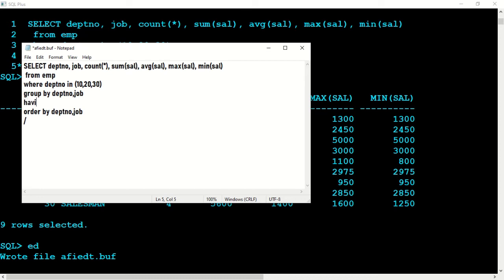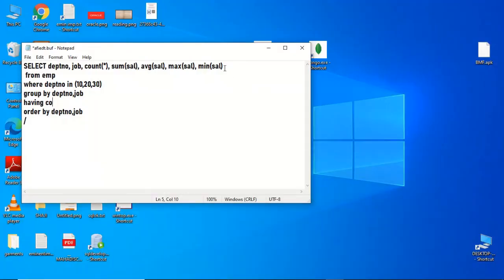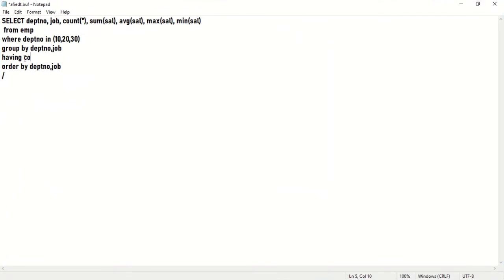We say having count star, right? Why count star? Because we are interested in this one, right? We are interested in this one. So count, bracket open and star, bracket close, greater than equal to 2.